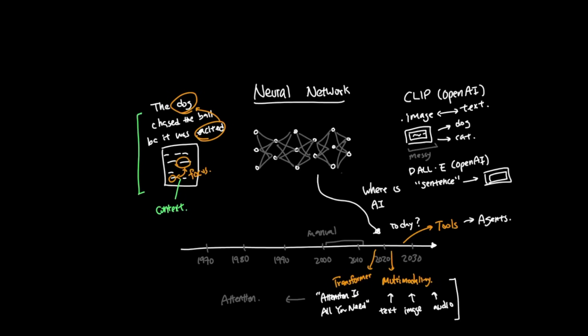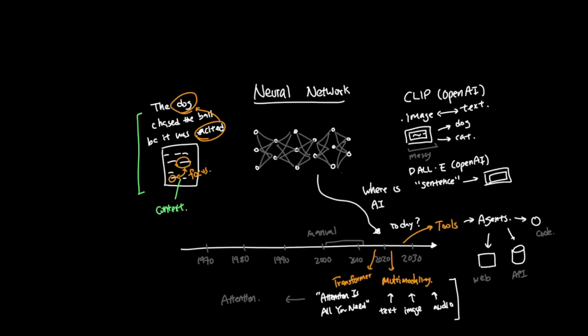The next shift is agents and tools. A language model by itself predicts text, but when you connect it to tools, it can start doing more than just answering questions. It can search the web, it can write and run code, it can call APIs, it can inspect files, it can use software. This is the basic idea behind AI agents.